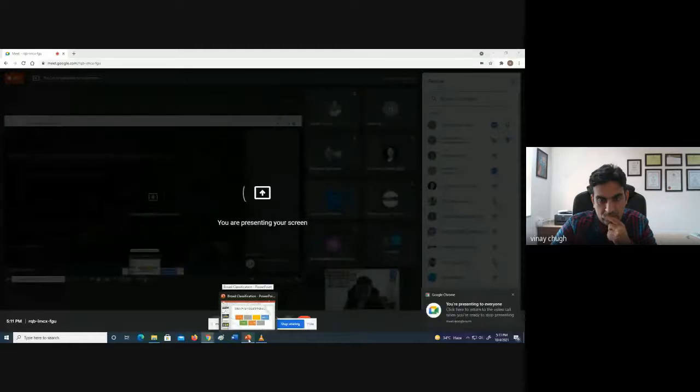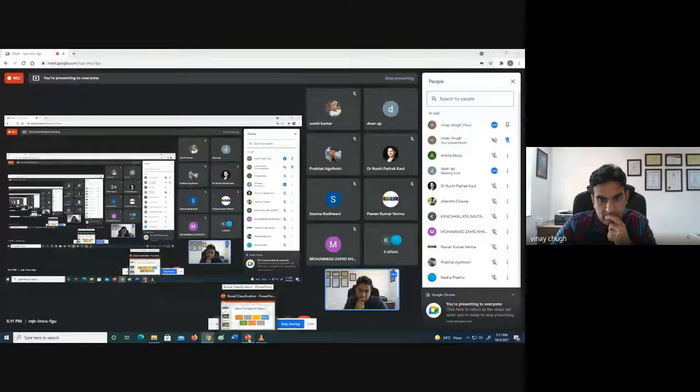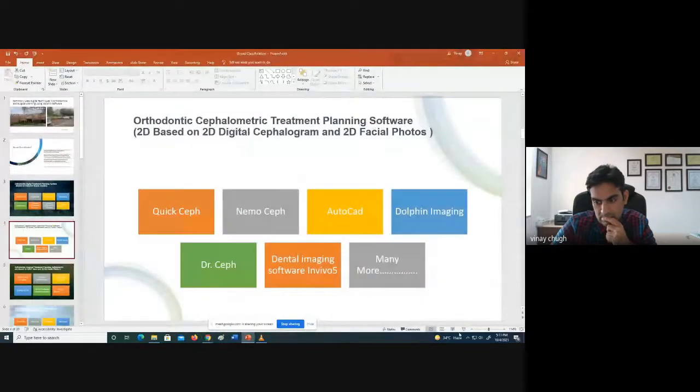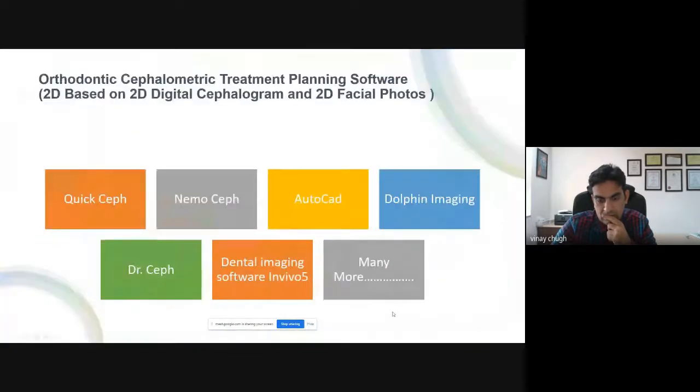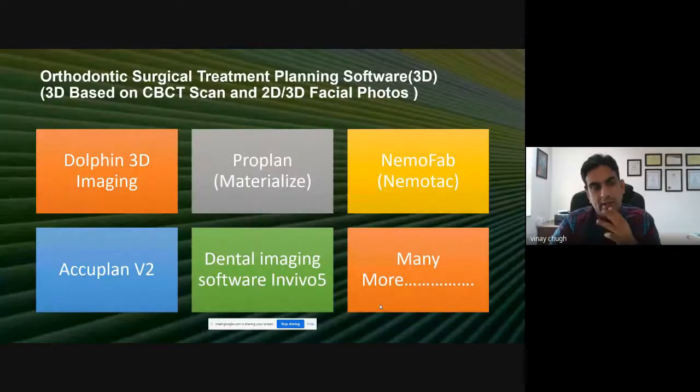Okay, let me try that part. But it is changing now. okay, fine. I think entire screen. I have to select every time entire screen.